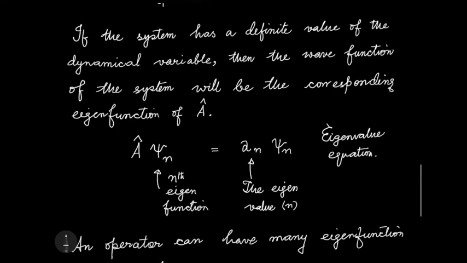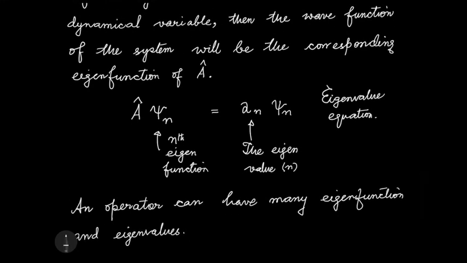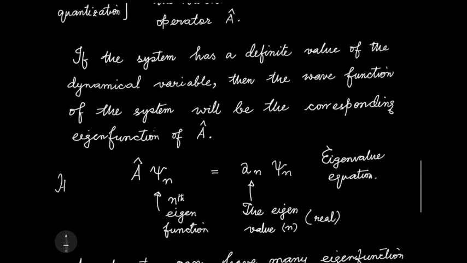Okay. Now it turns out, remember that also that our operators are Hermitian, so the eigenvalues are all real. So these are all real. Because see, this is the value. What is happening? The system has a definite value of the dynamical variable. So this is the value of the dynamical variable that we are talking about, which the system, if it already